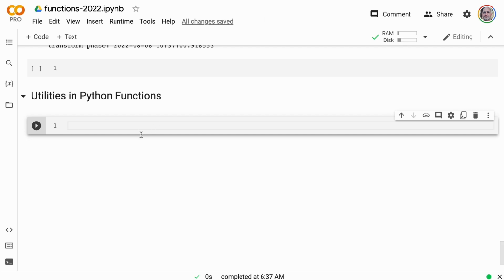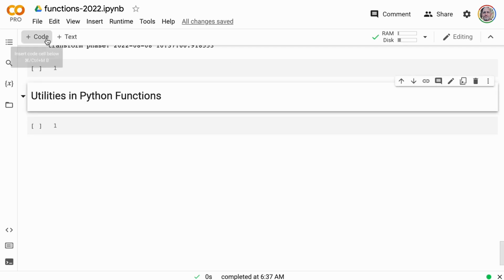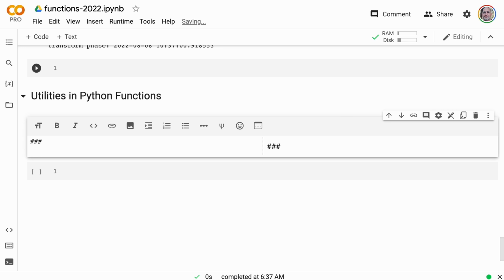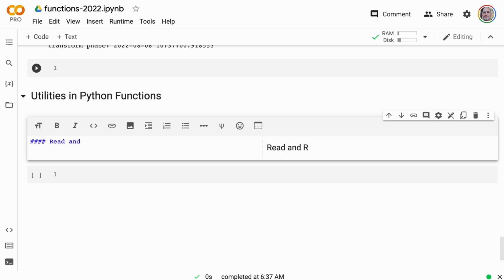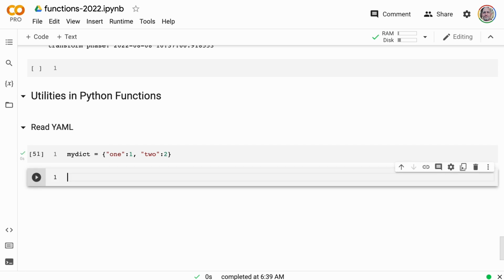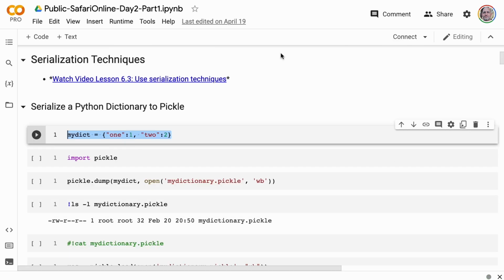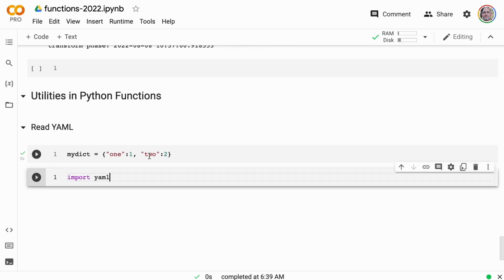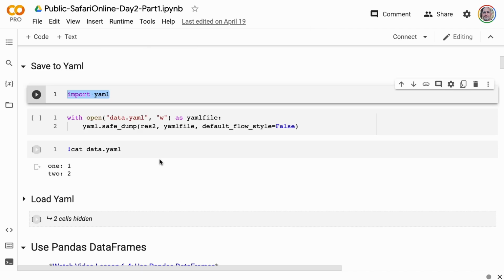So we want to build out like read a YAML file, or just say read YAML. There we go. So first step, let's just make a dictionary. There we go. Next, let's go here and let's scroll down to importing YAML. So we'll grab a YAML, and then pretty straightforward